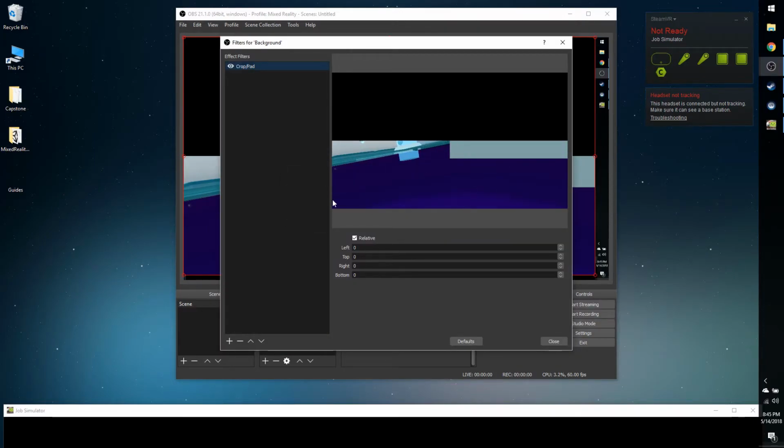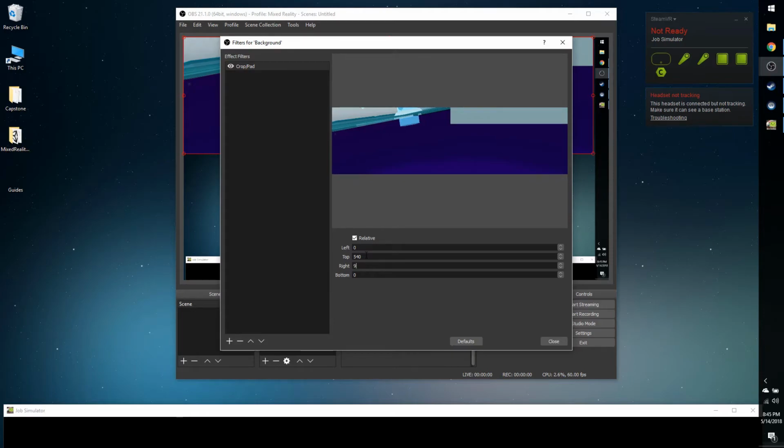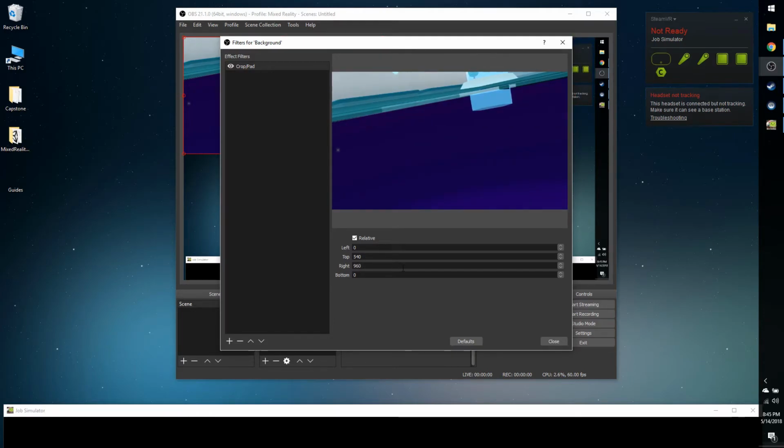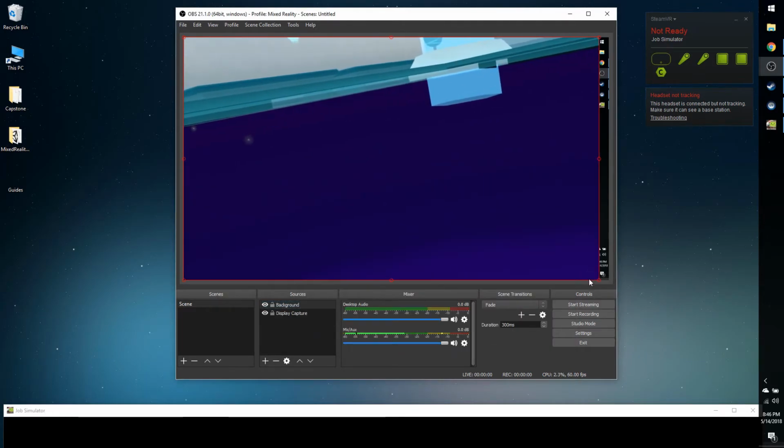And so we're going to single out this bottom left part of the screen, and for my circumstance, this is a 1080p resolution here, and so the top I'm going to put as 540 and the right as 960. And the way I got these numbers is I took the height and width of 1920 by 1080 and divided that in half, and so divide the height and width by half, and then you get these numbers. And so make sure you put the height at the top, and at the right you're going to put the width. And so now you're going to drag this over all the way to the side, and depending on the